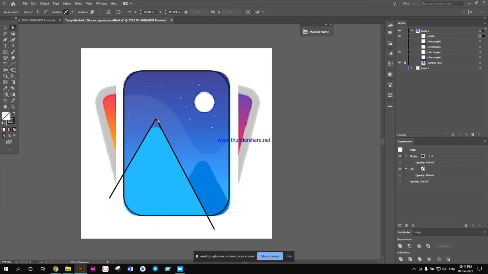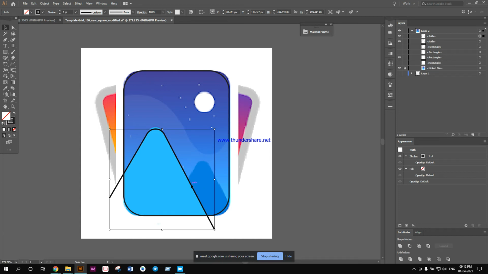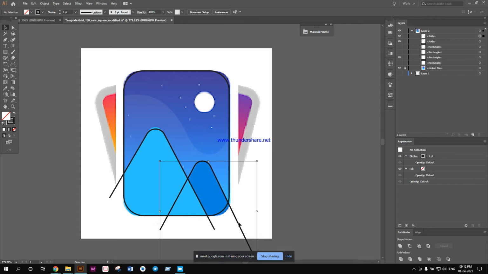Now I click on this corner and you see the red dot is showing. That means I can change the corner radius of this corner. I will make it like 10 pixels. I will copy the same thing and bring it here for this one. I will press Alt and bring the sides together so that they correspond. This is looking pretty nice as of now.